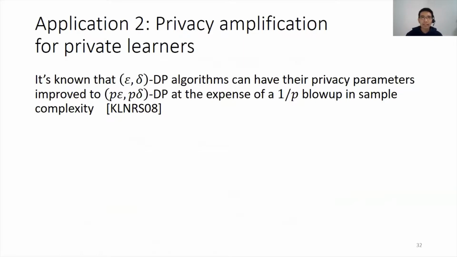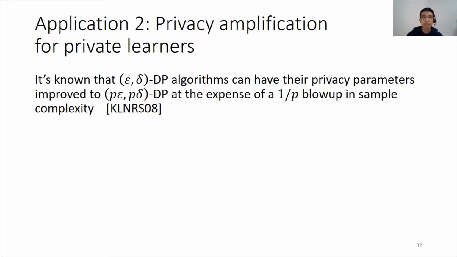Our results have other algorithmic applications in the theory of private learning as well. One is to understanding how the differential privacy parameters epsilon and delta affect private learnability. Tight results are known for showing that one can generically improve the epsilon parameter of private algorithms. Namely, if you start with a private algorithm with a large value of epsilon, then pre-processing it by randomly subsampling a p fraction of the input data set improves its privacy guarantees to roughly p times epsilon.